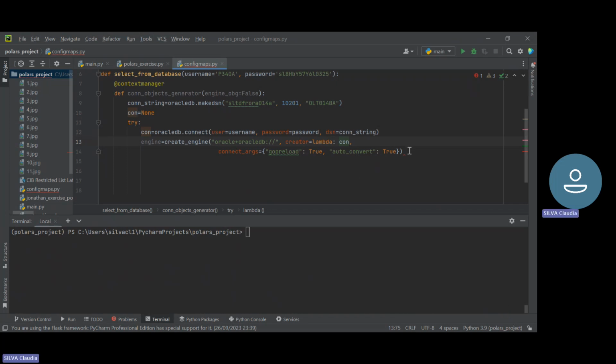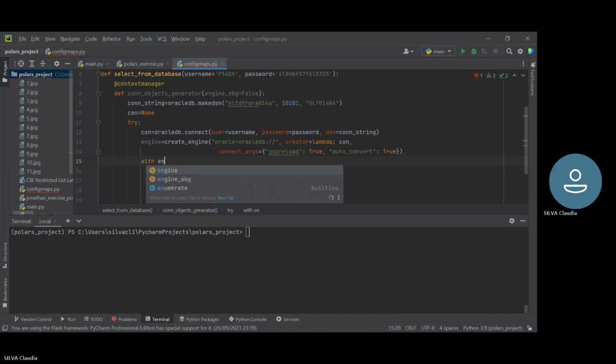Yes, autoconvert true. So I'm not sure what is wrong in here. There is a little wrong thing. I don't think it's anything at all because as soon as I start typing, it will be okay. So now